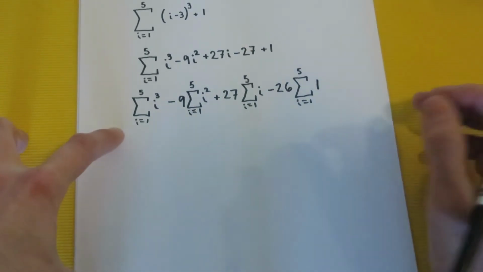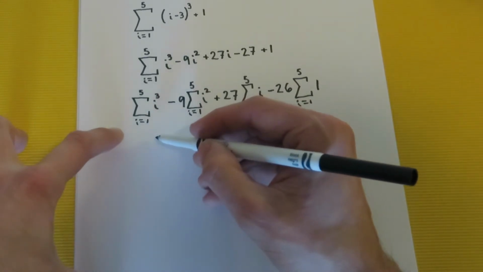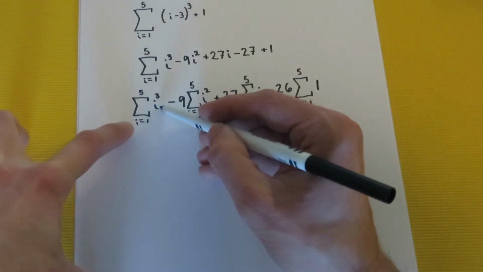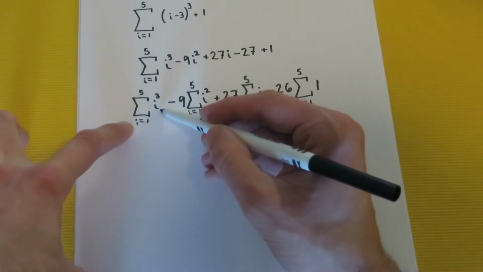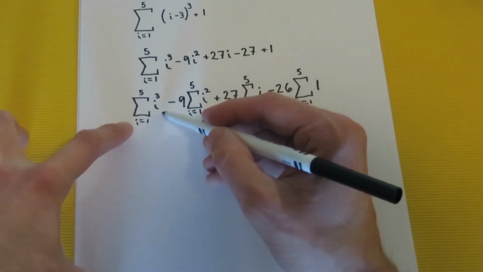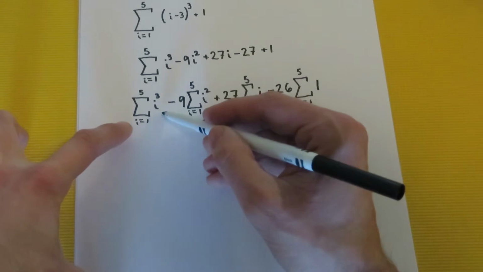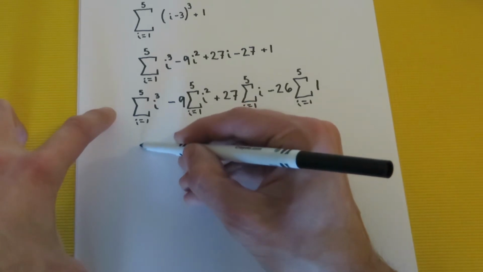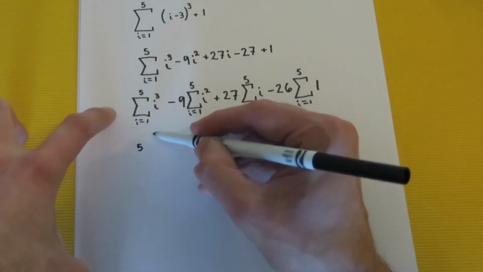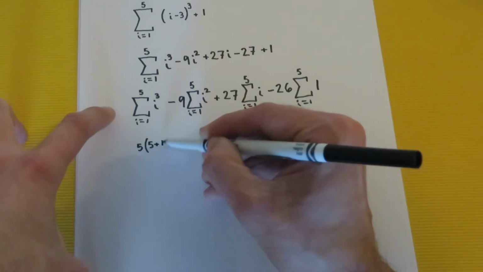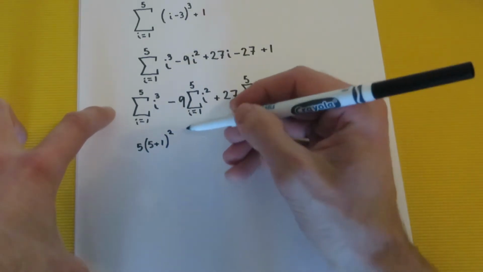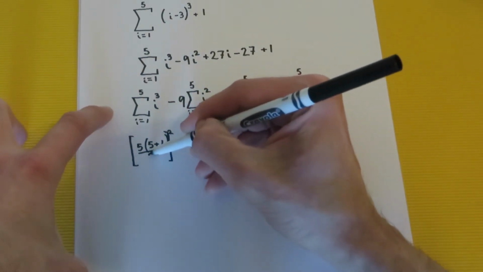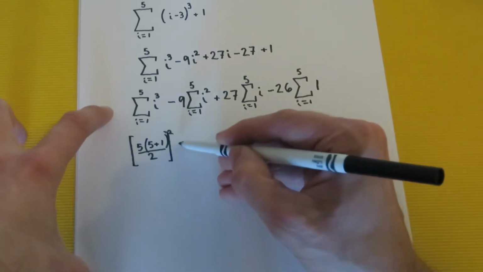So let's see. I know that the summation from 1 to n of i cubed is just going to be n times n plus 1 over 2, all of that squared. Our n is 5 in this case. So that's going to be 5 times 5 plus 1. Oops, sorry, our square is going to be out here. All of that over 2. Minus